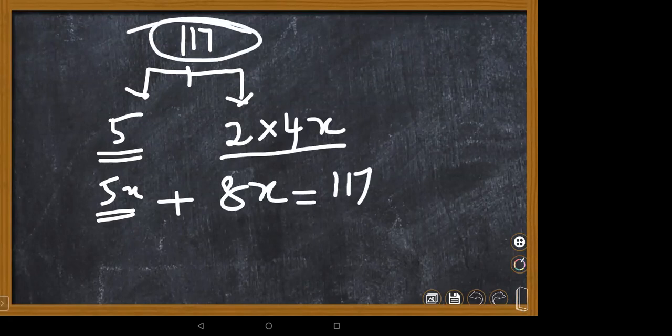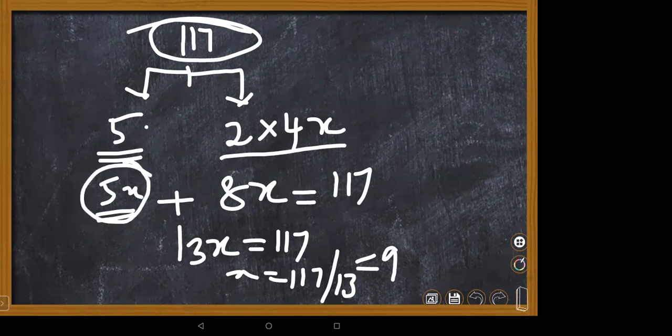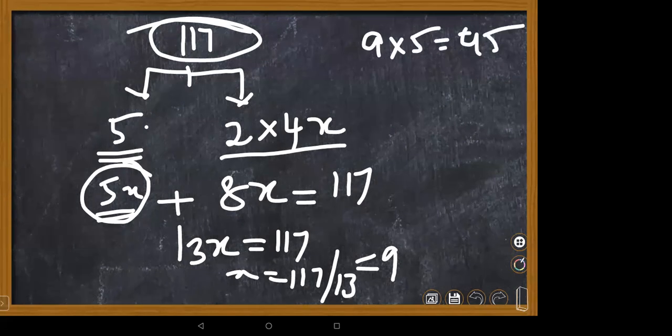Because initially they have that amount. So 13x is equal to 117. x equal to 117 by 13. So 13 nines are 117. So 5 rupee coins means 5x. So 5 into x value 9, 9 fives are 45 rupees. Correct. So 2 rupee coins means 8x, Nana. 8 into